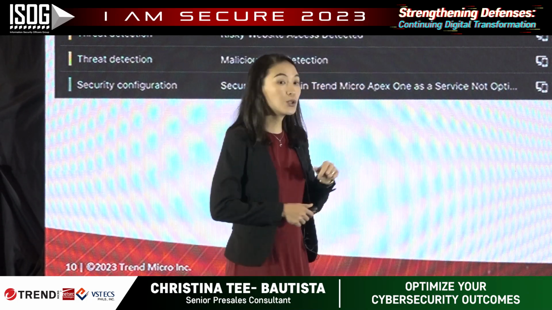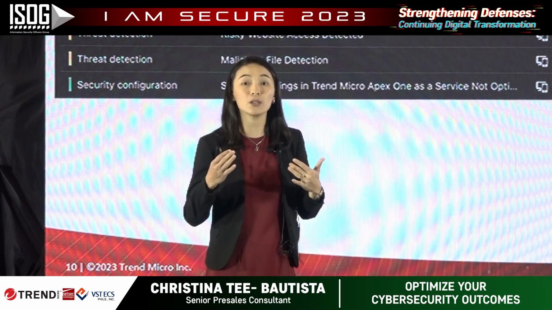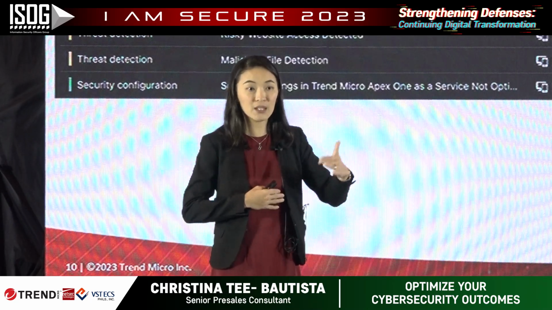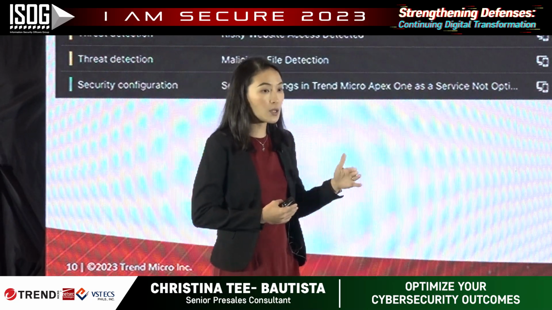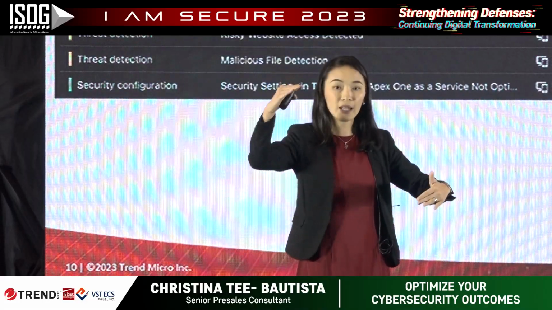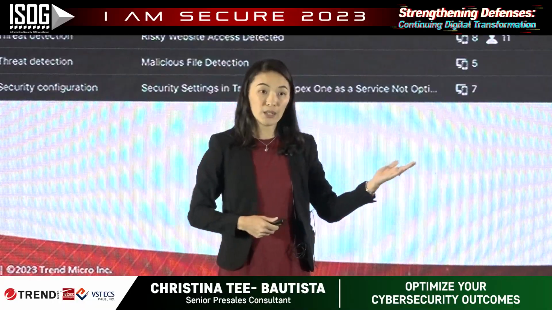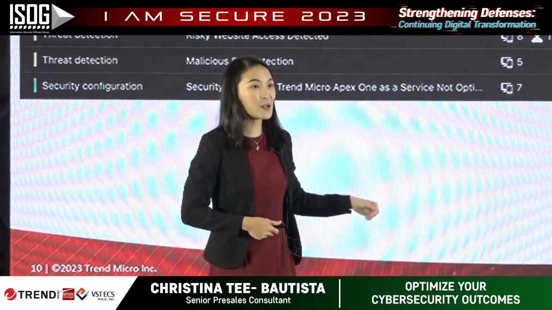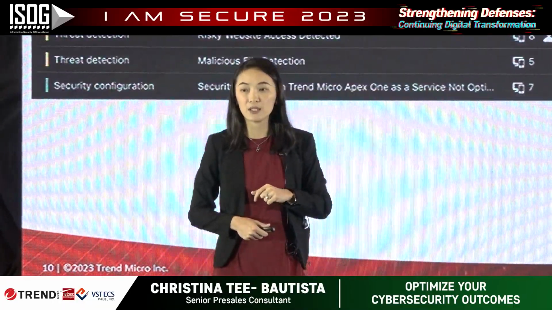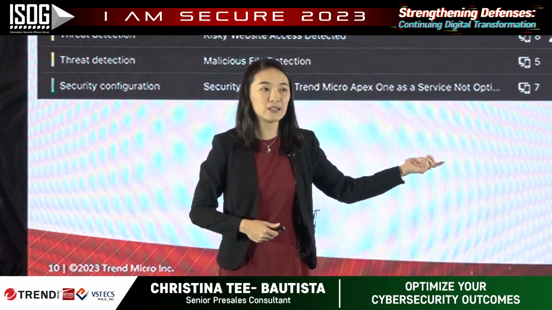So how do we do that? So you need to have a goal. So you can set a goal, like for example, if you want to reduce the overall risk, what are the things that needs to be done? So based on the security posture, you know your risks. Then next is, what's your goal? What are the things that you need to fix? So it's logical, right? So for example, if you see there's a lot of vulnerabilities on critical servers, then of course you know you need to fix those vulnerabilities.